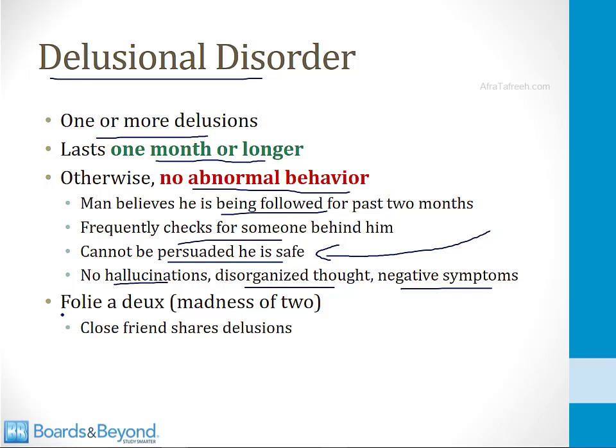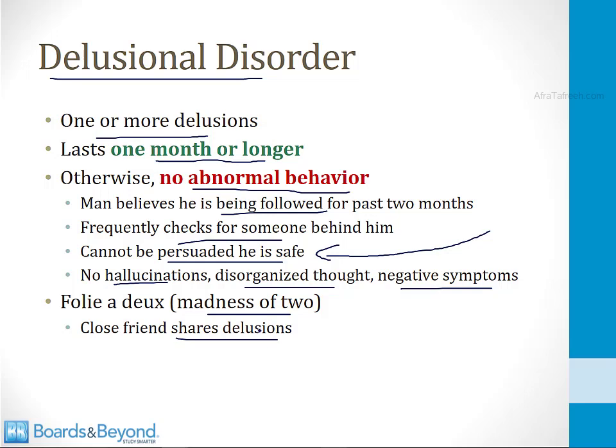And in rare cases, something can occur in delusional disorder called folie à deux, which means the madness of two. This is when a close friend of the person with delusional disorder starts to agree with the person with delusional disorder and shares the delusion. In other words, the person with delusional disorder is so convincing that he or she gets a friend to believe